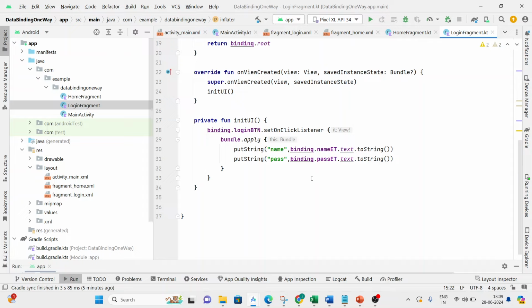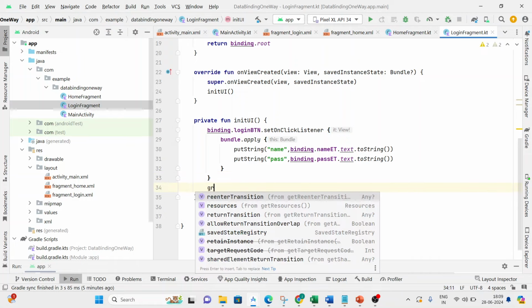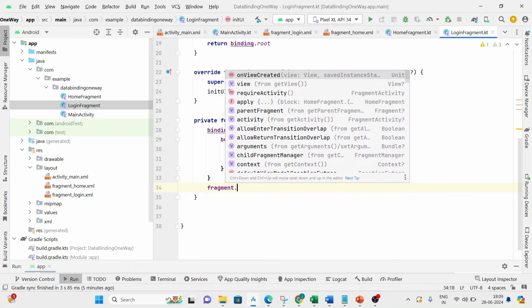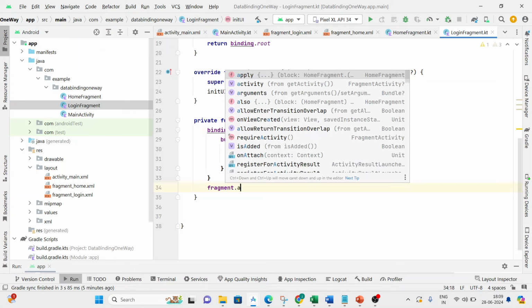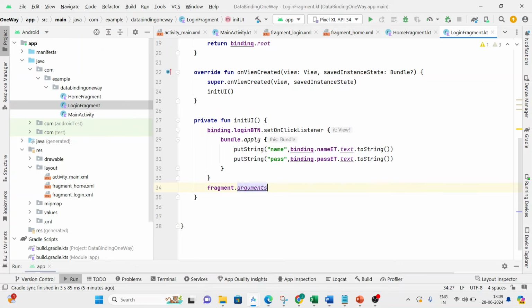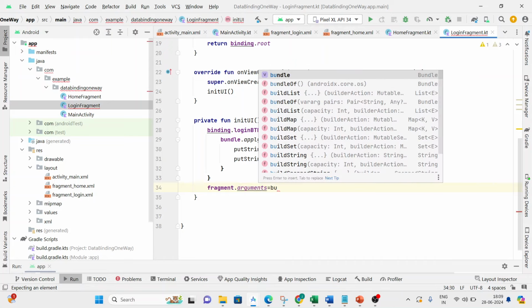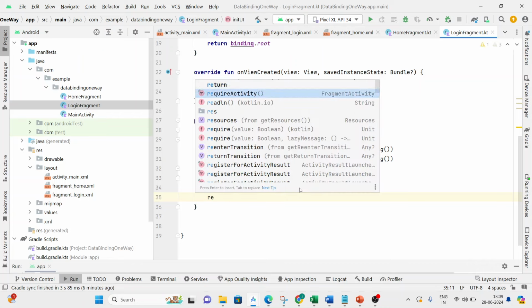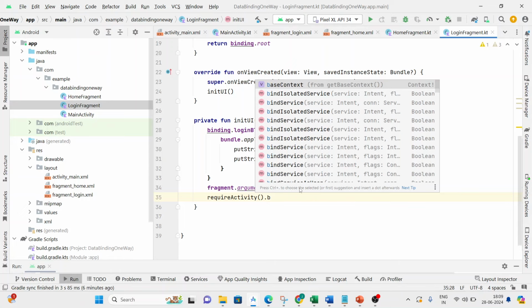Okay, now here I will pass fragment.arguments, and here I will pass the bundle. Now go to the second activity, requireActivity.begin